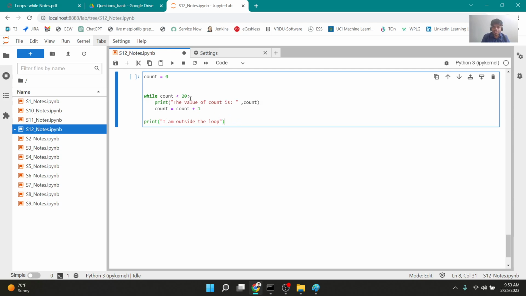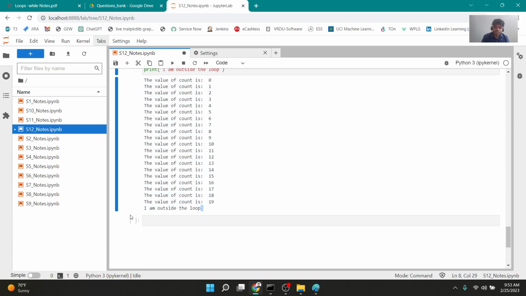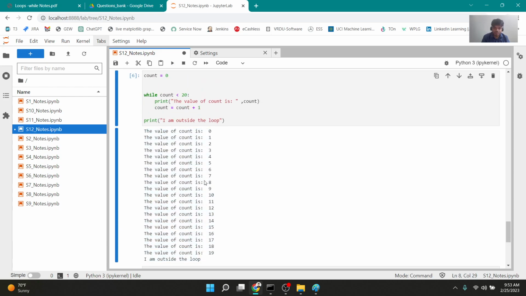Obviously, after the count is printed 20 times, I will naturally be done with the loop and I will come out, right? Look at this. But what if I want to suddenly come out of the loop? For example, if my computer or my software detects that this is count 10, then if it is 10, I want to come out of the loop right then and there. And what I can do is,